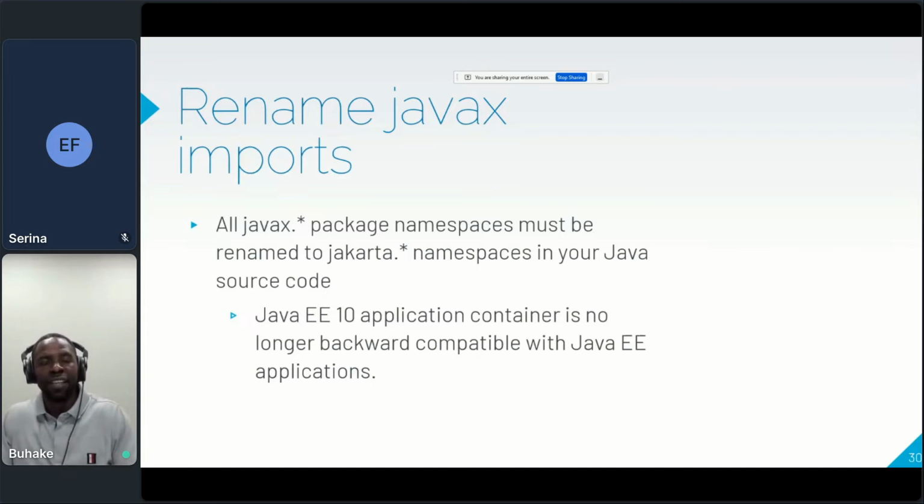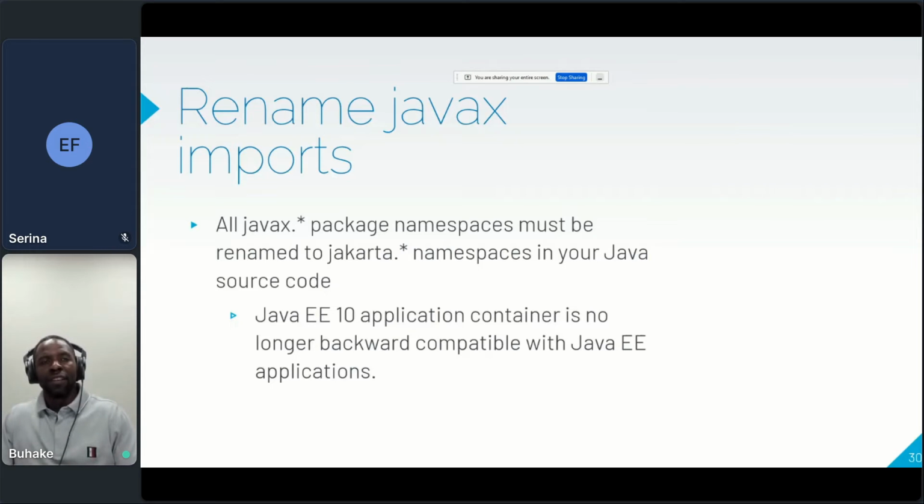Your IDEs, like IntelliJ, Eclipse and Visual Studio Code, will tell you, I could not find your javax package, but I see there's a jakarta package of the same name. Do you want to replace it? Then you just replace, and your code is clean as ever.